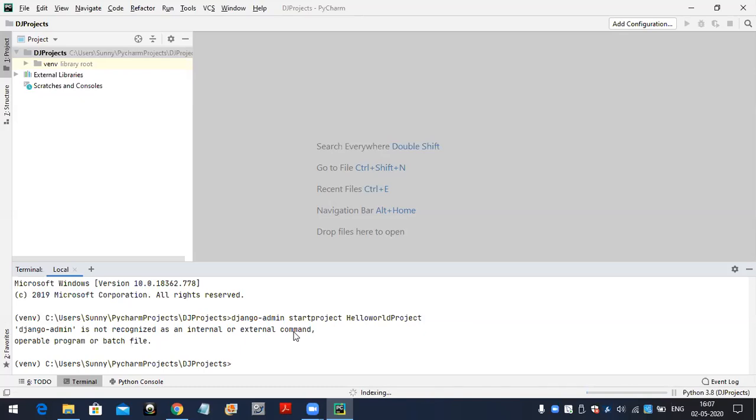Here what happened is we created a new virtual environment and now we are inside that virtual environment. If you want to create any Django project, first we have to do the Django setup inside that virtual environment. Now inside this virtual environment, we don't have Django set up. First, we have to install Django inside this virtual environment. Then only you will get the django-admin command line tool. How to install Django? For that, it is simple: pip install Django.